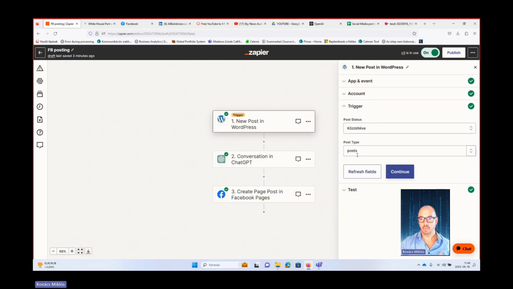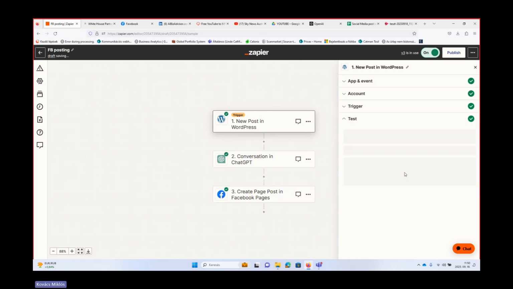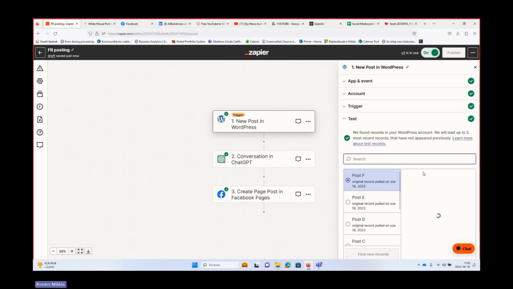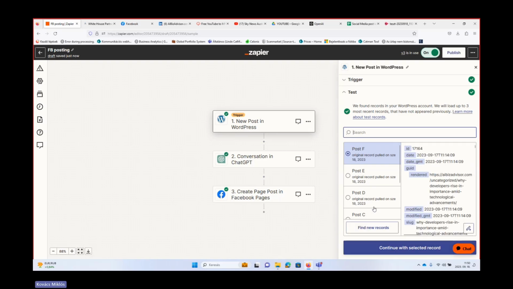So what is the logic? Basically, when a new post is published on my web page, then the actions will be triggered. Let's test it. Find new records, and as you can see, the system can find the post from my web page.